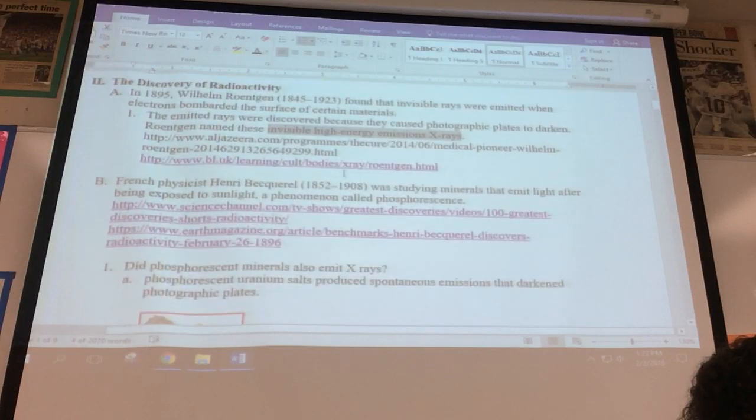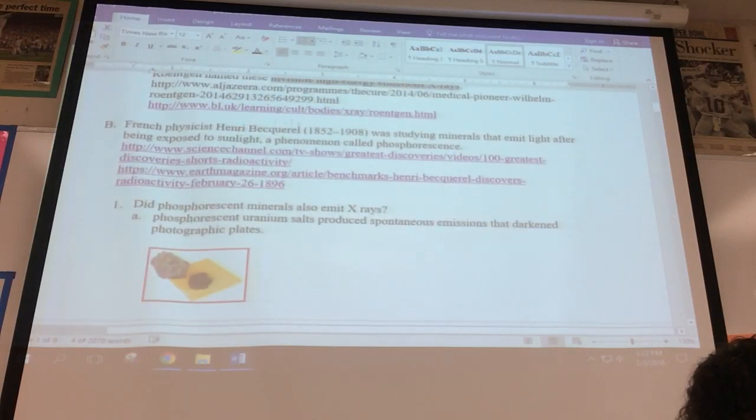After Roentgen discovered the X-ray, a French physicist by the name of Becquerel was studying minerals that emit light after they had been exposed to sunlight, and this phenomenon is known as phosphorescence. And what he found